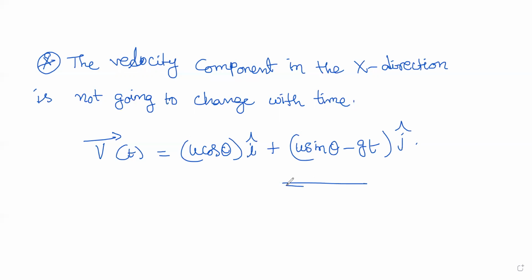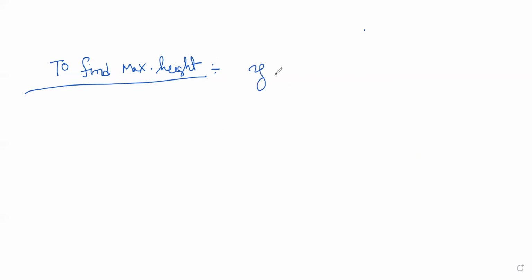This is how we write. And now the crux of solving the next part is that what we have to find is the points like time of ascent, time of descent, and time of flight. So to find the maximum height, I want to find the maximum height. Maximum height means it's a function of y. So y displacement is given by u sine theta t minus half gt square.